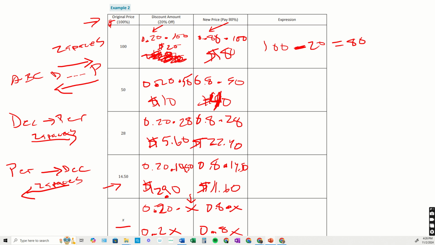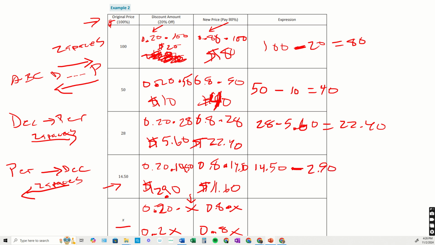Don't overthink it. The expression for each of these is going to be my starting amount, so I've got 50 here, minus my discount, in this case 10, should equal my new price to pay. 50 minus 10 is 40. 28 minus $5.60 should be 22.40. 14.50 minus 2.90 should be 11.60. And my last one here, I should have x minus